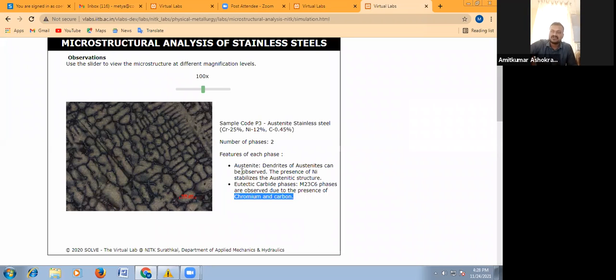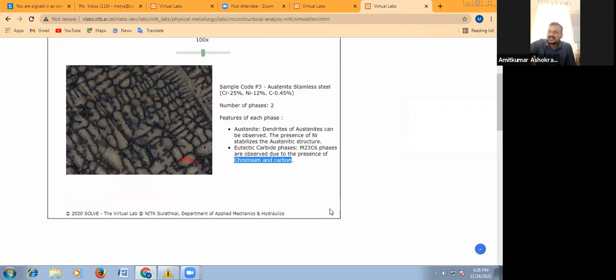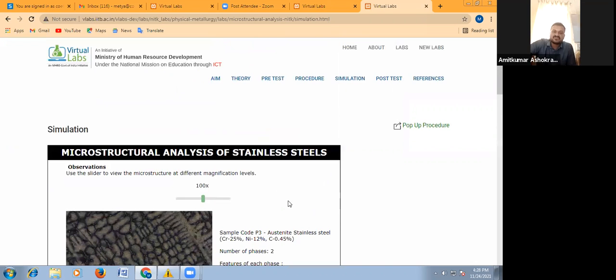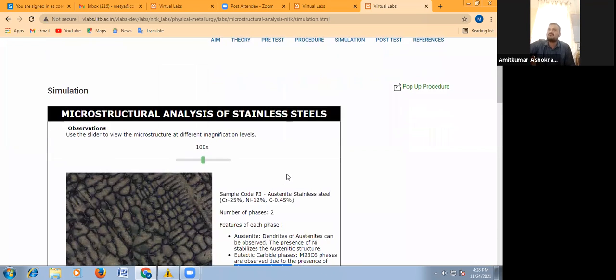Two-phase structure: one will be austenite, and the remaining small amount is carbides formed due to the reaction of chromium and carbon. This is for austenitic stainless steel. In this way, this first experiment is completed.